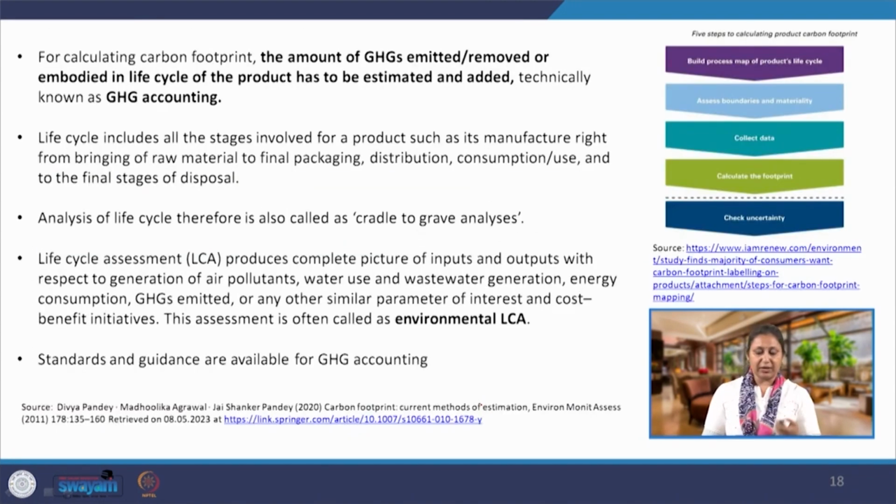Now, how would we calculate the footprint? So, the carbon footprint is actually the amount of greenhouse gases that are emitted or removed or embodied in the life cycle of the product. We have already talked about the life cycle, and it has to be estimated and added. So, we are talking about all the greenhouse gases that are emitted or embodied in the life cycle